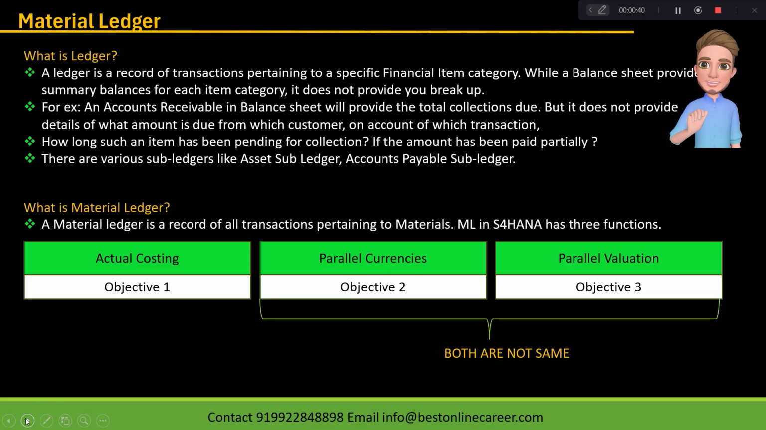So, what is a ledger? A ledger is a record of transactions pertaining to a specific financial item category. On the balance sheet, you will be able to see the summary balances of various types of GL accounts. Now, let us say if I want to talk about trade receivables, what is the summary outstanding collections from all my debtors. If I go to the balance sheet and to the GL account that represents the sundry debtors, or what you call the trade receivables, you will get to know the total amount that is